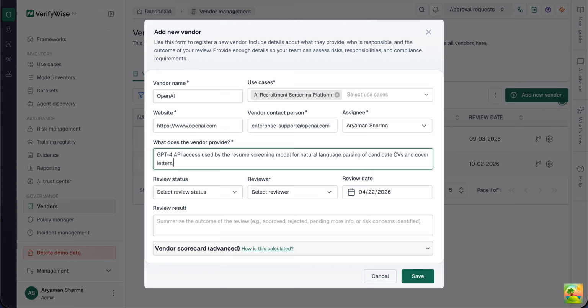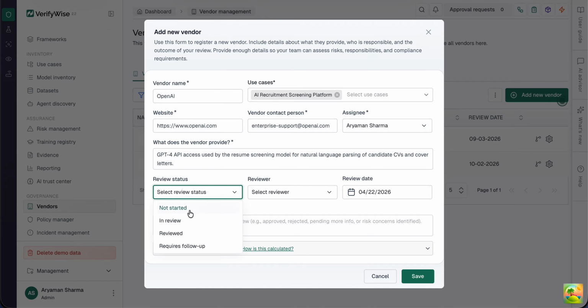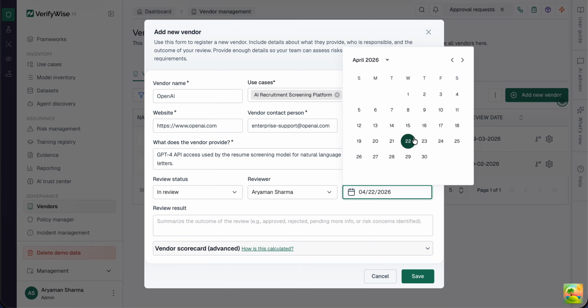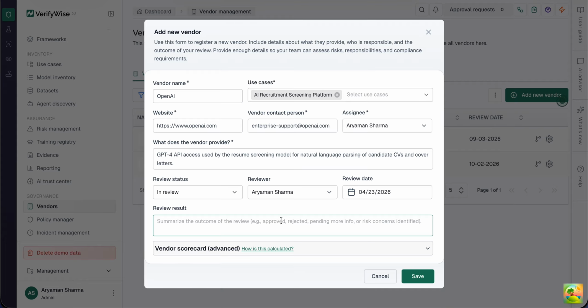Alright, after this you'll see the next is the review block, and this is where you record the outcome of your vendor due diligence process. And for the review status, I'll select it as in review. Reviewer, I'll again pick myself, and for the review date, I'll pick a date of tomorrow. For the review result, I'll just say SOC2 type 2 report reviewed, and data processing agreement